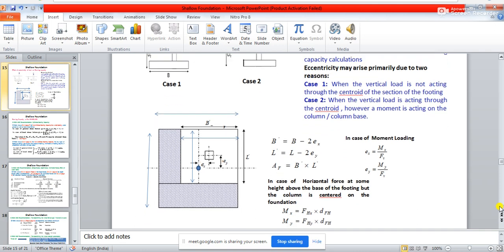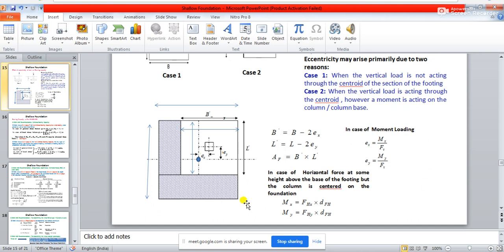Yes, sir. Is there a doubt? Sir, why do we use shape factor, sir? Why do we use shape factor? See, yes, sir. You are not clear about shape factor. Have you attended the previous classes? No, sir. Due to some network issue, I did not attend the previous classes, sir. Who is this? Amit Kumar, sir. Amit Kumar.